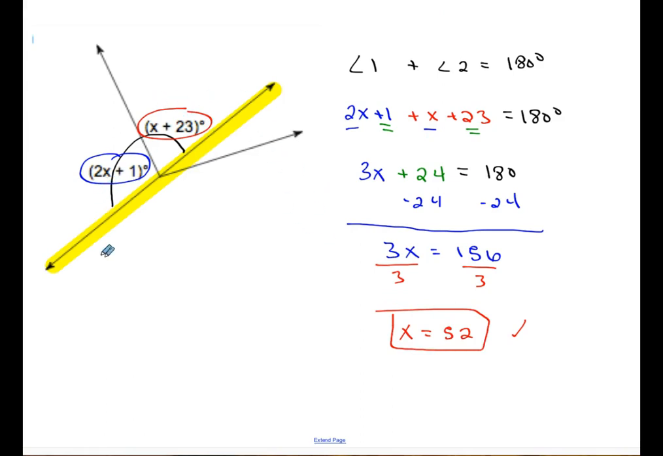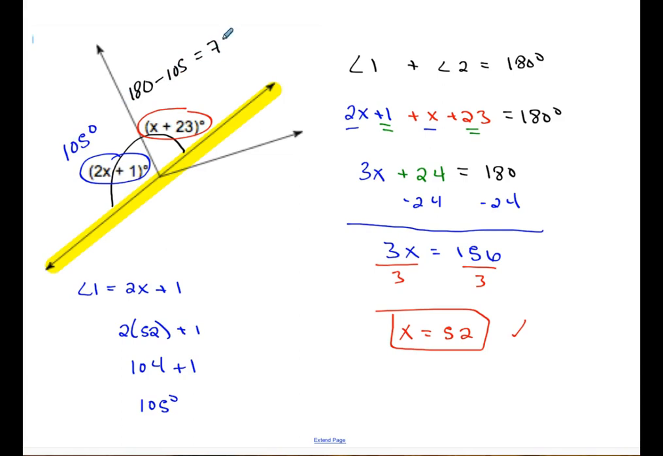So if I go to angle 1 we said was 2x plus 1, or 2 times 52 plus 1 after substituting for x. 2 times 52 is 104. 104 plus 1, and I got 105 degrees. So this angle here is 105 degrees. I can substitute in for x again, but I'm going to take my other route. So since I know these two are supplementary angles, so all together to make 180, one of my angles is 105. So I'm going to take away the known angle of 105, and this is going to give me 75 degrees. So my second angle here is